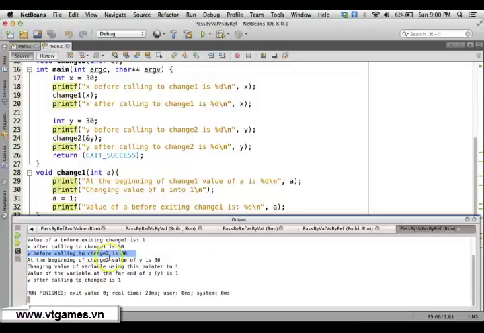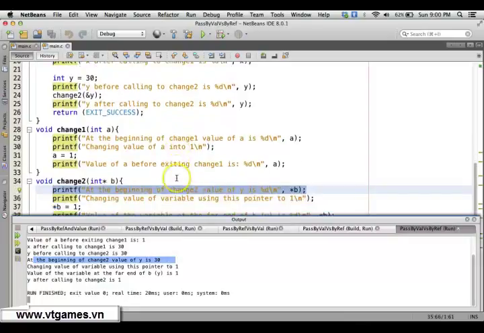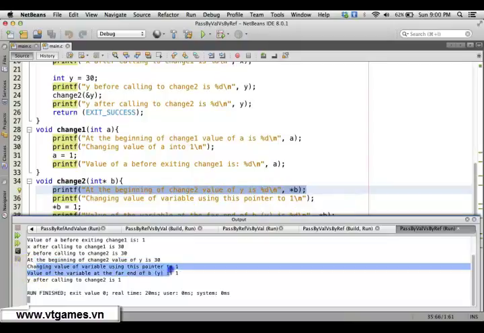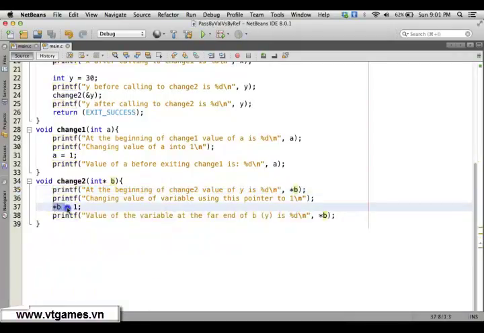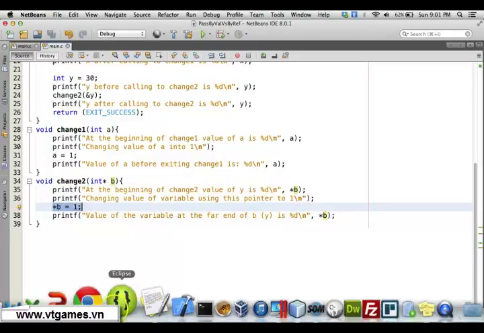So you're going to have this one at the beginning of chain 2, it is 30. Then right now you're going to print "changing the values of variable using pointer to 1." So this one is going to display this line. Then if you really change it, you take the value of the variable at the far end of pointer b equal to 1. So what is going on is that